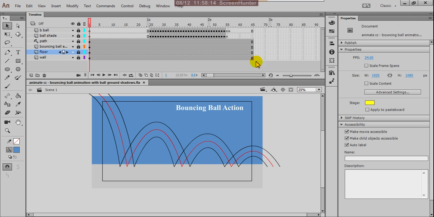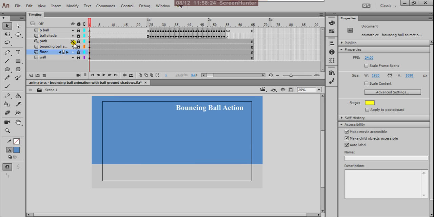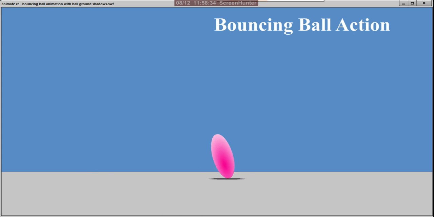Okay, so you also have to create your own bouncing ball, then you can add shadow also. Okay, so in the next class I'm going to explain about the pendulum action, because the pendulum action is also very important. Okay, so try yourself, and if you have any doubt, please ask. Thank you.